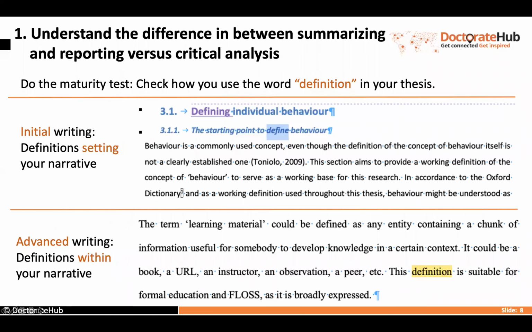Now, talking about definitions, I think everyone can do a very easy maturity test of one's own writing by using just the search function in your own literature review or whatever piece of writing you have at hand and checking for the word definition. Early writing is characterized by defining how concepts, theories and constructs are. And this is basically of importance for you to have an understanding of what you're looking at. Do you compare alikes with alikes? Is it something that goes in the same direction or not?